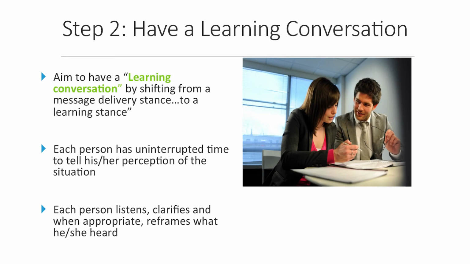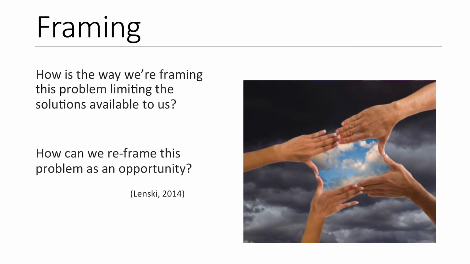However, if they had a learning conversation, discussing each other's underlying interests, they might have reframed the conflict into, how can we work together to address the child's communication and socialization needs? Do you see that by a simple reframing, the conflict has become a mutual problem for the parties to solve together? This is a simple but powerful tool.